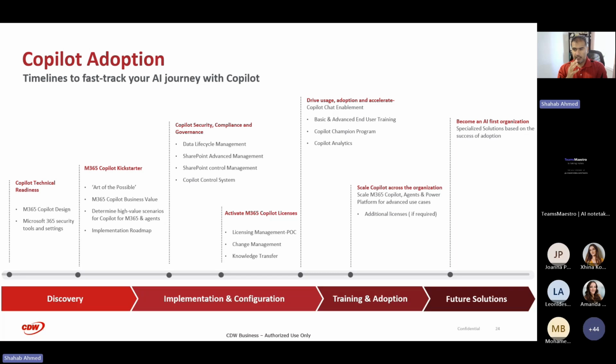What we've seen right after that is that a lot of organizations go into that governance, compliance, security piece. And this journey is very customized and it can go from weeks to multiple months, right? And these are elements around your Copilot control system. So as I talked about, how do you control agents and creation of agents and who has access to agents and how much of that capacity is available to those users, who's managing those life cycles, but then also more